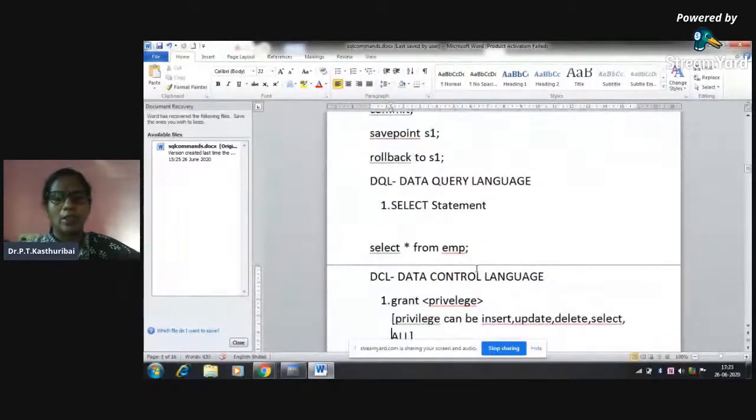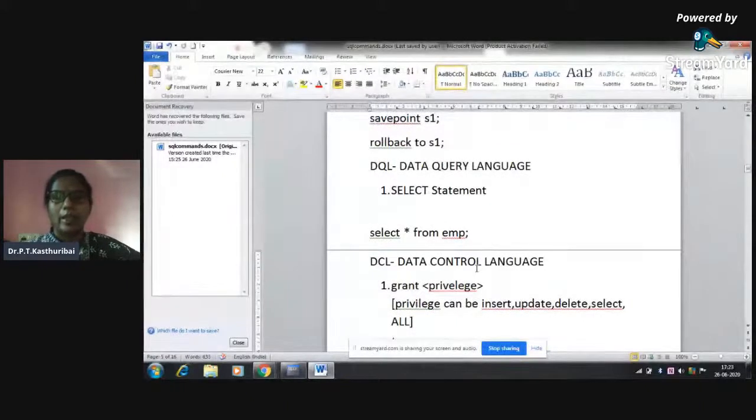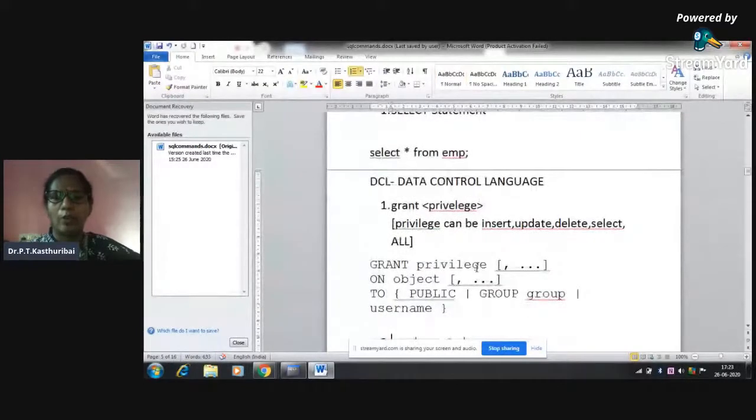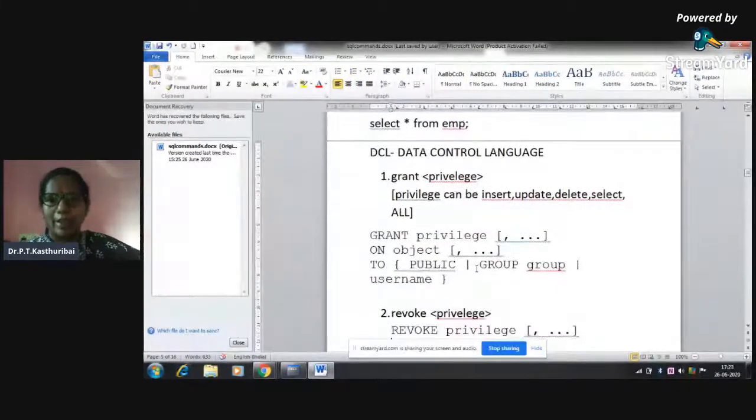Next, the last control language command is the data control language command. There are 2 categories in this: grant and revoke. Grant is to grant privileges to a user. Supposing there are n number of users in an Oracle database, there will be a database administrator and n number of persons, users working on the database.